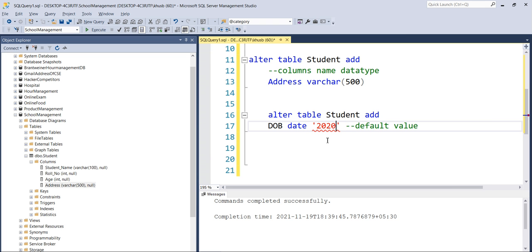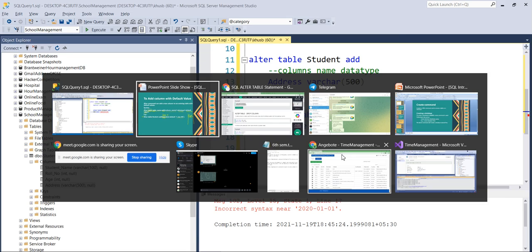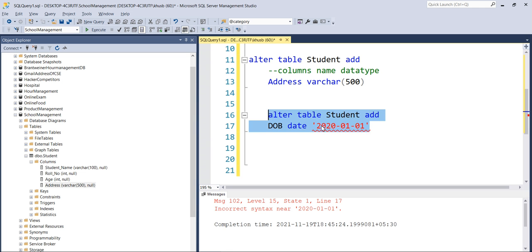In this we need to specify it in this format. Only this is going to be accepted. So this is our default value. We need to have this keyword default before that. Now it is going to run.